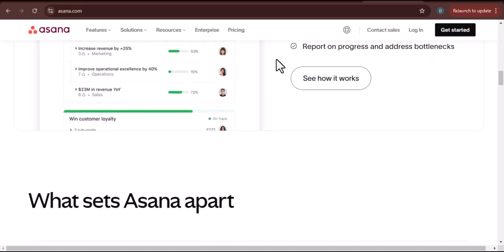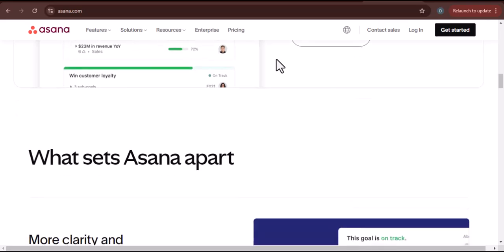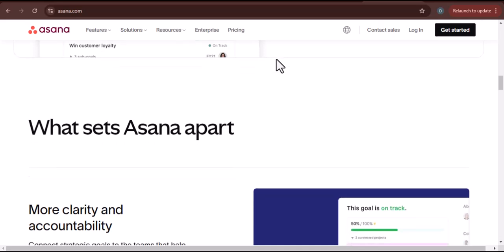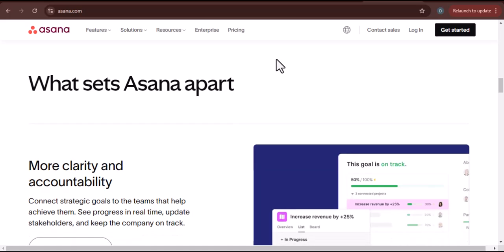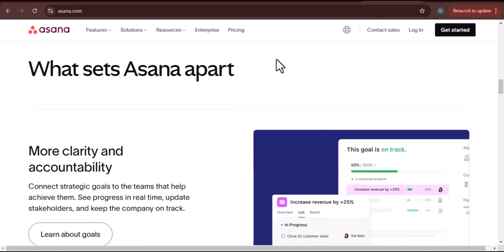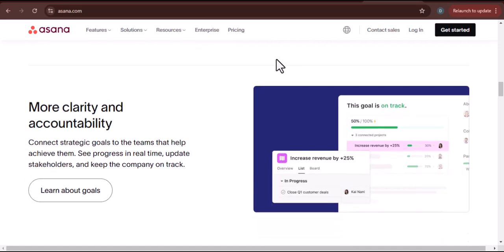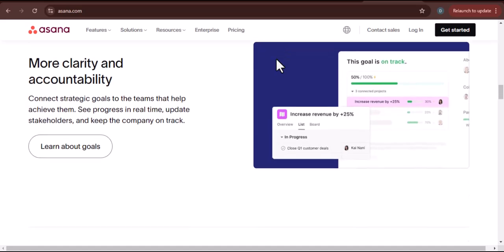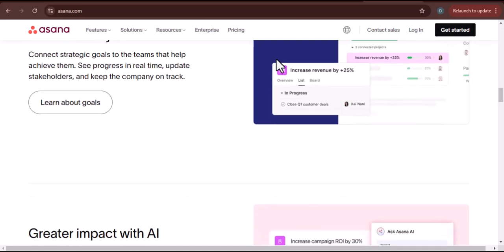Let's break it down. Asana, at its core, is a task and project management platform. It's designed to organize and track work, not directly publish content to social media platforms. You won't find a schedule post button tucked away in the corner. However, that doesn't mean it's completely out of the social media game. In fact, Asana can be a powerful ally in your social media workflow, just in a slightly different way than you might initially think.